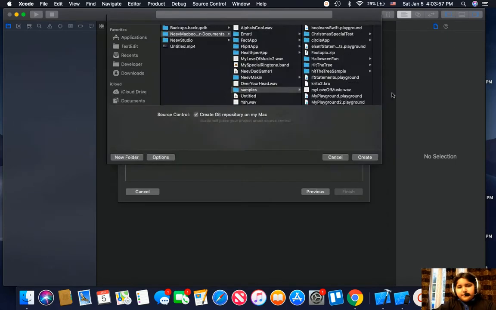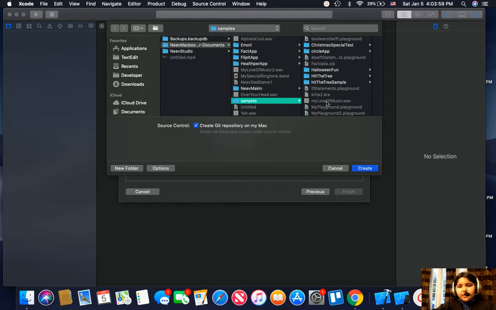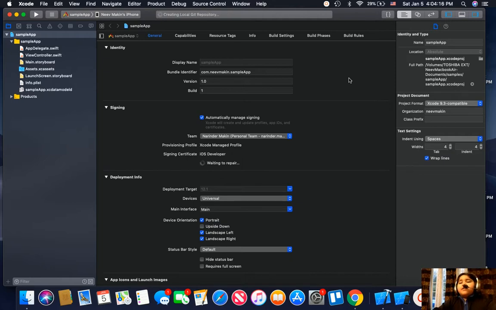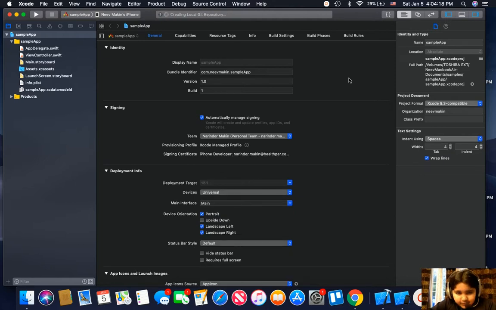Next. Here's just saving it wherever you want. I have made a folder called samples, and I have a lot of different test apps. And we have now gotten into the true real project. Now, if you see this symbol right over here, right around there,